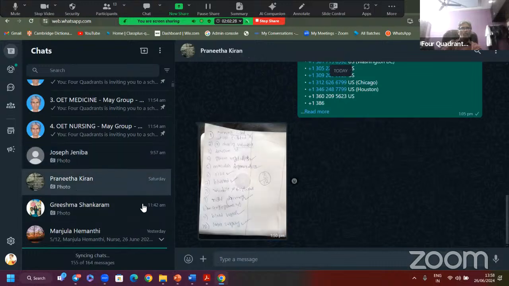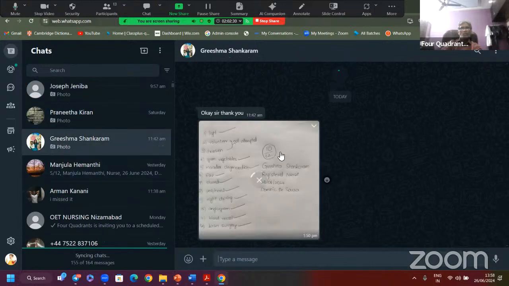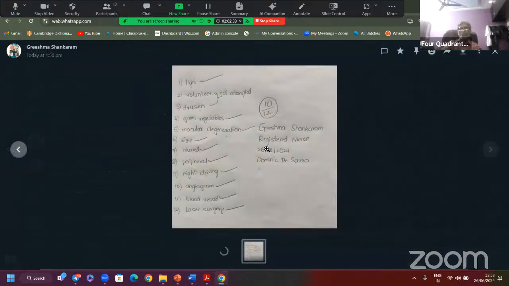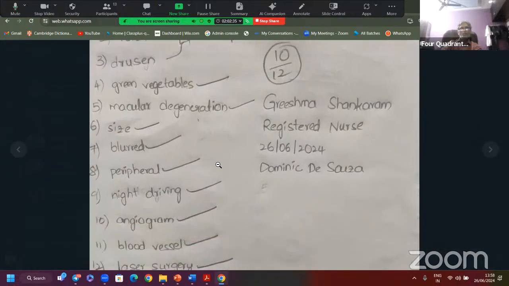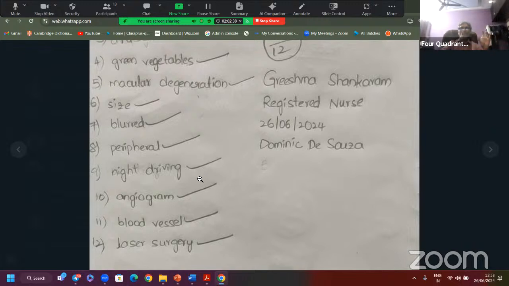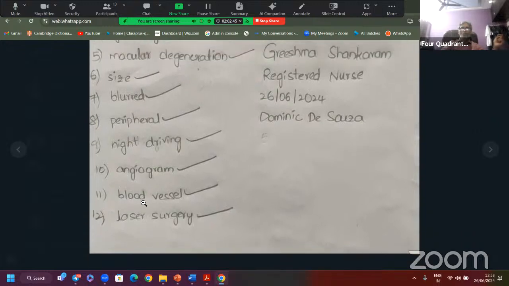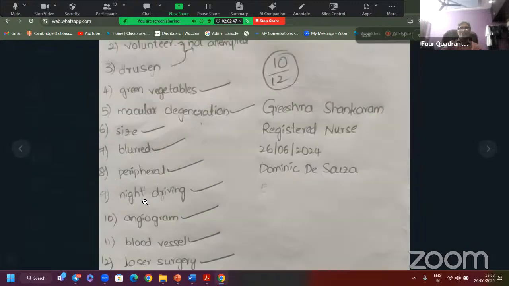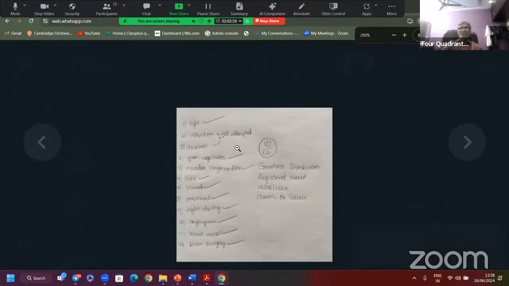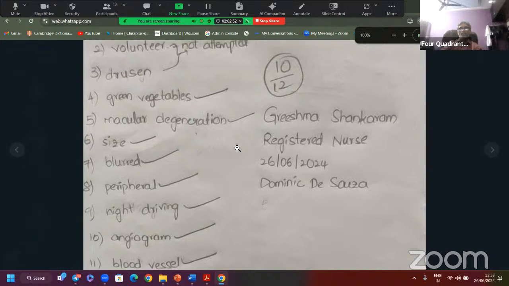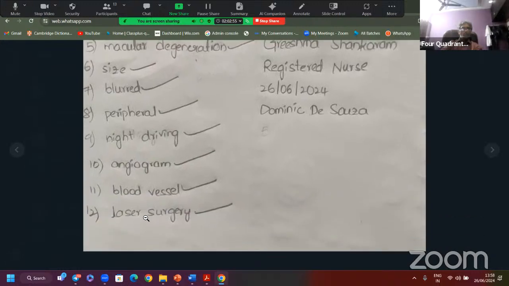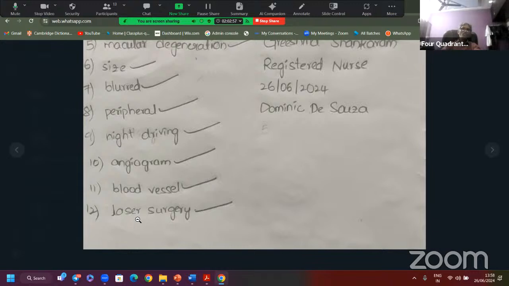So Grishma. Yeah, this is Grishma's handwriting. You wanted to see, you told, no? Some things here and there are missing. See, here the I is small. Why is I small? Your A and O look the same. This O is messed up with a D. Laser surgery looks like loser surgery. How can you give the right mark for this one? Grishma D'Souza, Grishma Shankara.